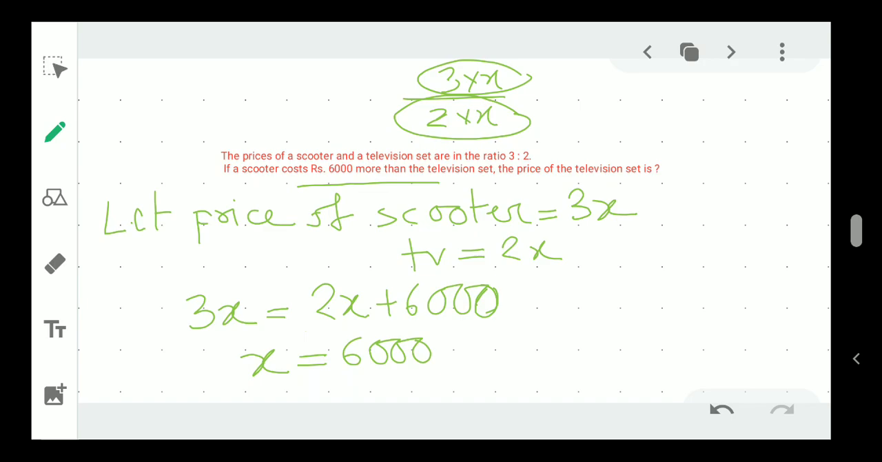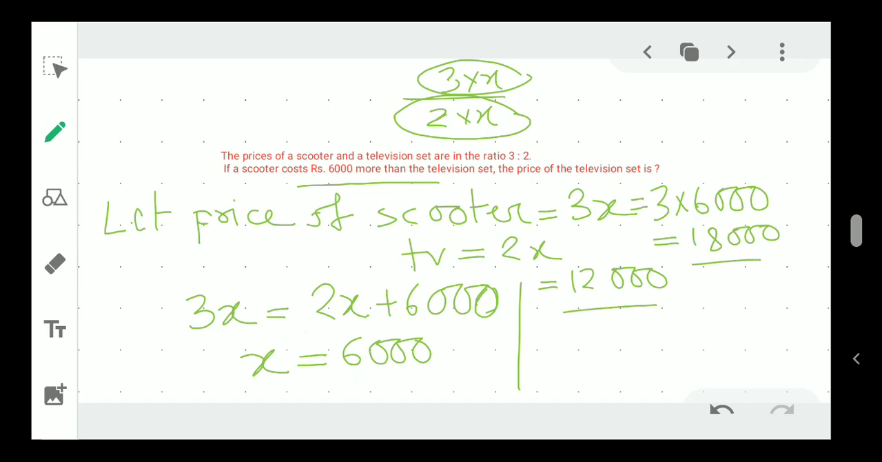So what are the prices? So we can write here, this is 3 into 6,000, that is 18,000, the scooter price, and the TV price is 2 into 6,000, that is 12,000. So this type of math can be done easily. Okay, in this case if you use algebra it will be very much easier, but if you use arithmetic you can do it, but the problem is that your procedure will be much more complicated. Okay,